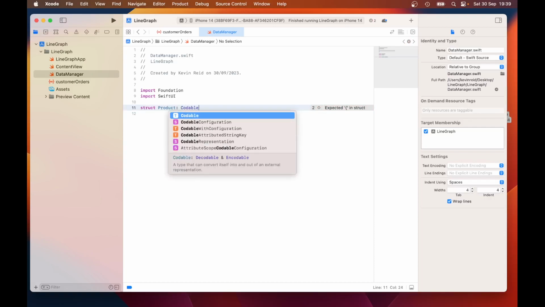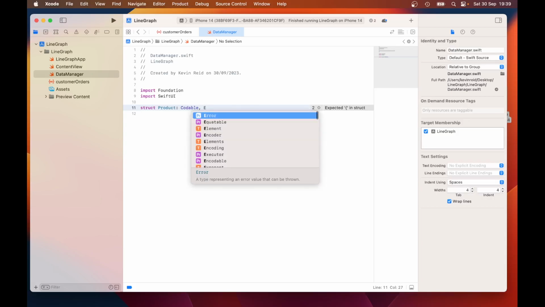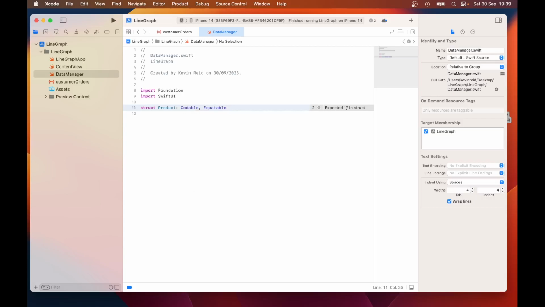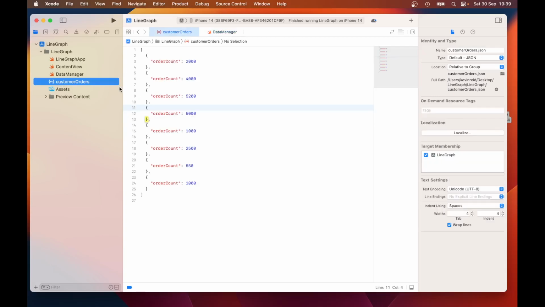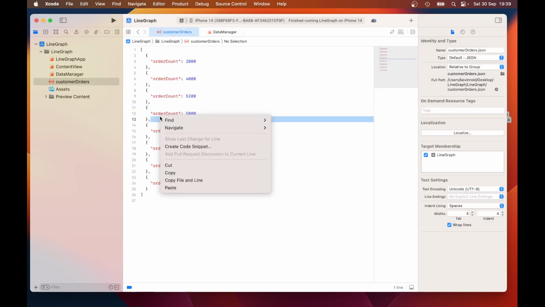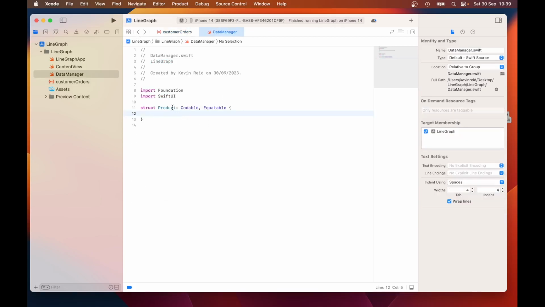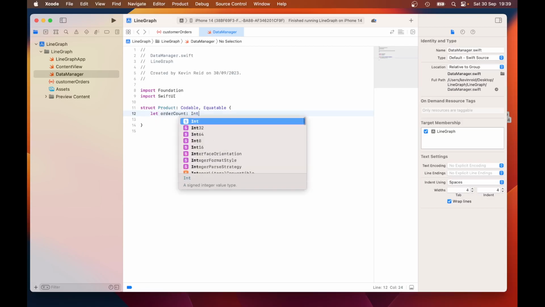Codable and equatable. And then the key that we're retrieving is order count, which is this key here, order count. So that property or attribute needs to be in the product struct. So we just type in let order count, which is an int,